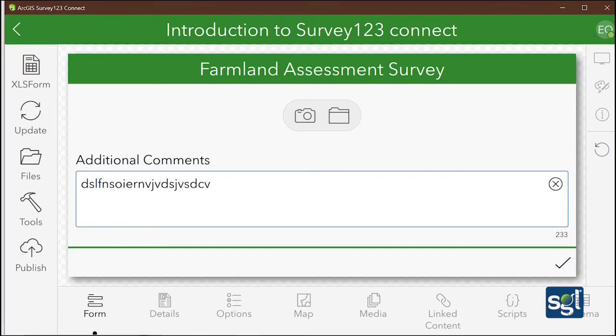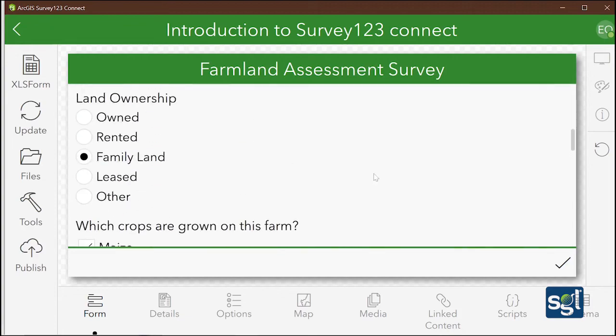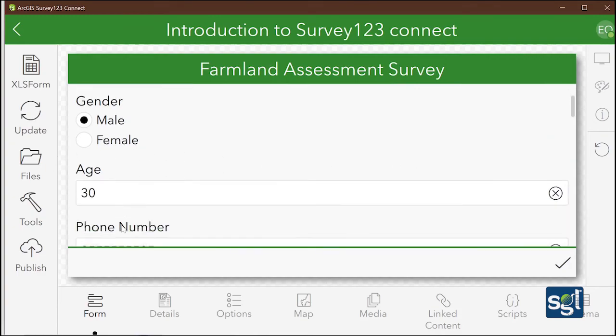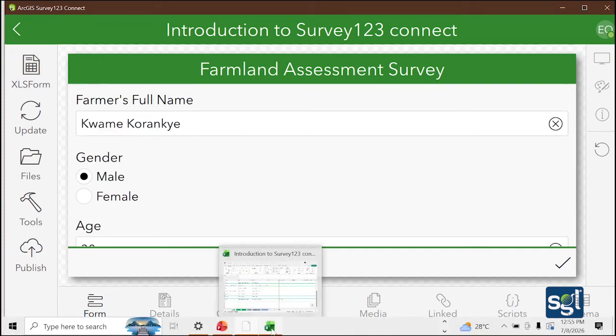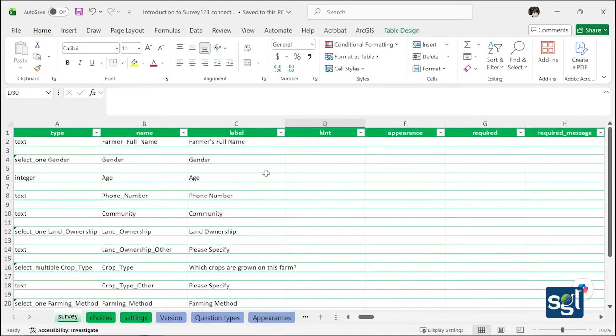So let me type, the training has been a success. And then you just have to click on this check icon for you to check it. And I think there's another thing that would have to be shown before we are done with this session. So here,